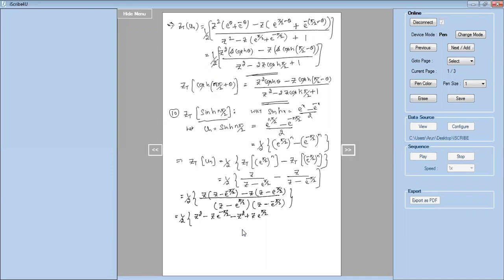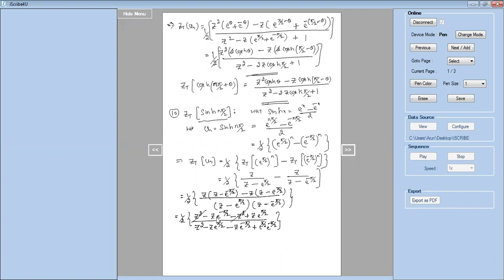Divided by denominator. So, if I multiply the denominator, we multiply these two terms, z into z, z square minus z e power pi by 2. So, just this term was multiplied with this first term z. Next, multiply this term by this minus e power minus pi by 2. So, I get minus z e power minus pi by 2, and here this minus into minus plus, it is e power pi by 2 into e power minus pi by 2, right? So all the terms are multiplied. Now we can observe this plus z square minus z square gets cancelled here in the numerator, and here I can take z common, correct?